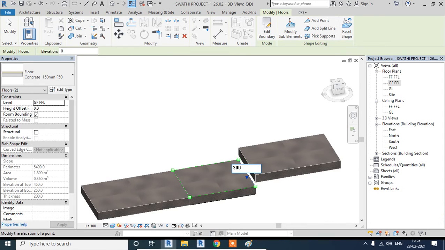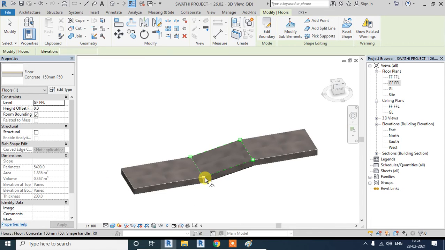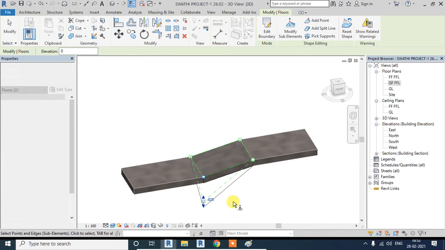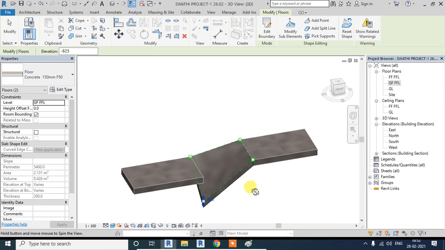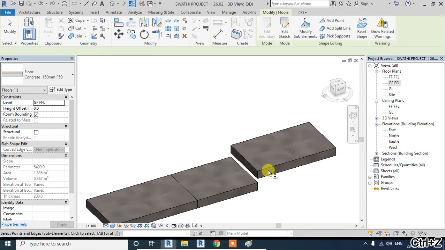There you go. Did you follow that? It's very easy. You can even stretch it and do anything you want, like this. Okay, so that is your sub component elements.